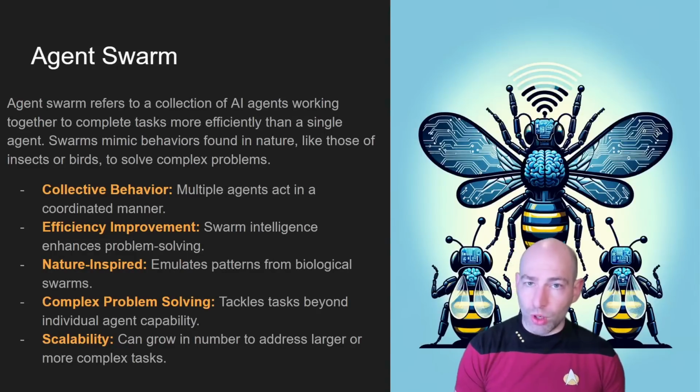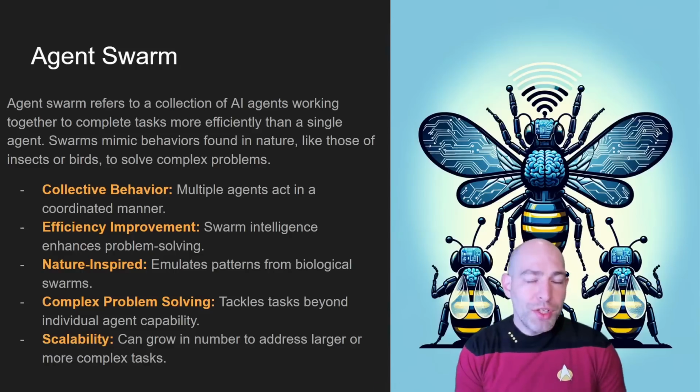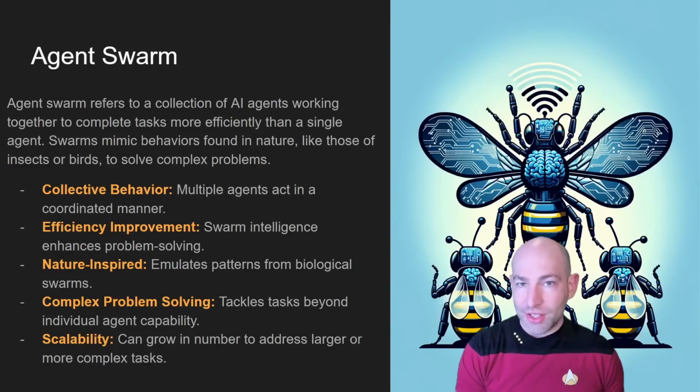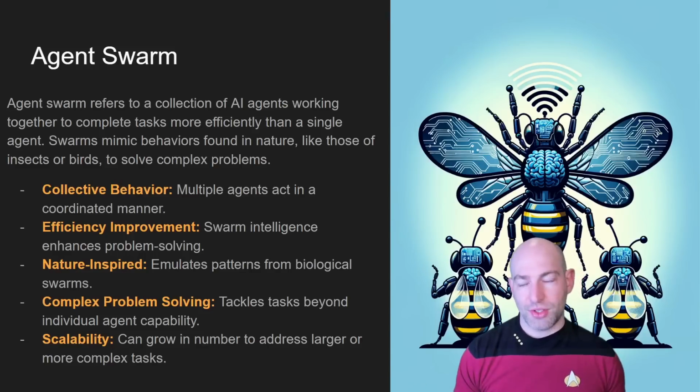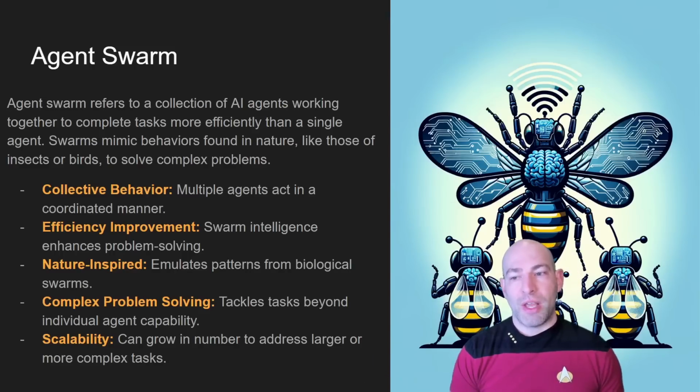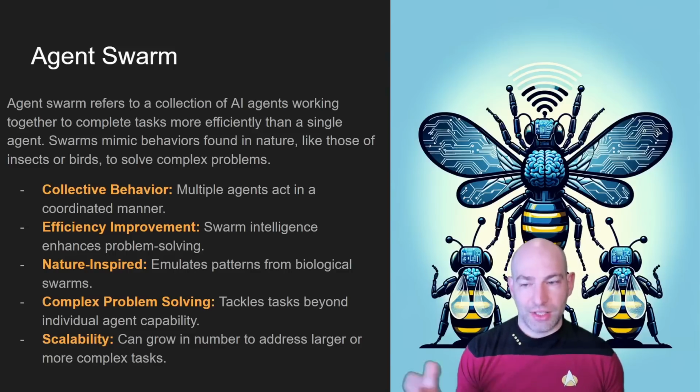What is an agent swarm? An agent swarm is what we realized was the next logical step. Once you can instantiate a single agent very easily, which there are several platforms and projects out there that allow you to do, it is easy to spin up an arbitrary number of agents. If you're in software development or architecture, this is very similar to spinning up containers. For those not in the know, basically the way that software runs today, at least large scalable deployments of software, is that it's all run in tiny virtual machines called containers, which is a self-contained environment that can run some bit of code.